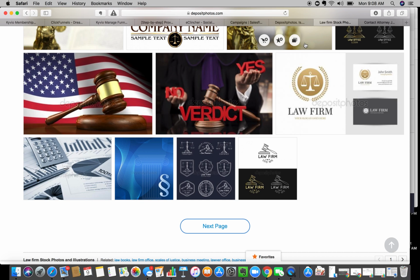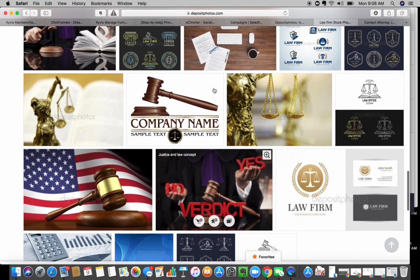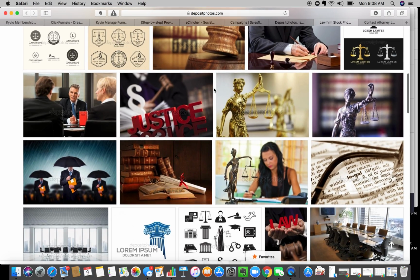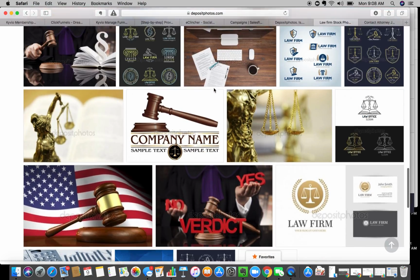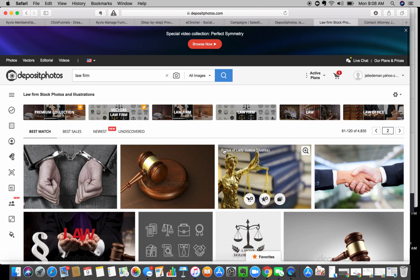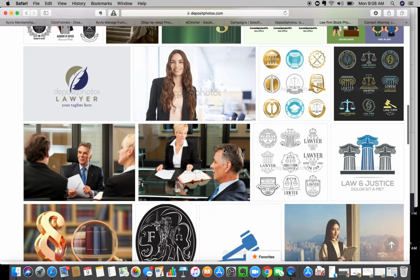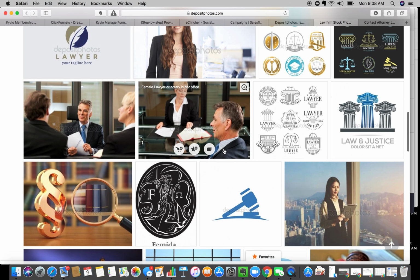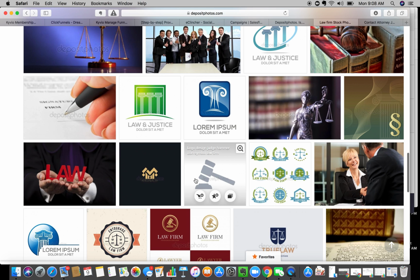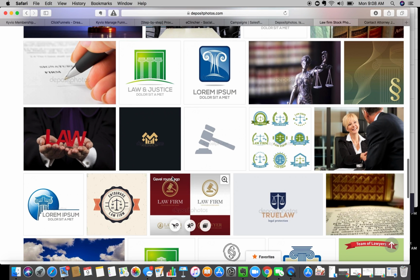So that little hammer, I actually had my guys take one of these images. I can show in the ones that I've downloaded, and take out the background, turn it into a vector, and make that little thing. So instead of a swirly ball or something in the waiting, it's the gavel going back and forth. But there's just an unlimited number of photos, whether you need the little buttons and the icons from, oh, he probably could have just used that. That would have been a lot simpler. Anyways,